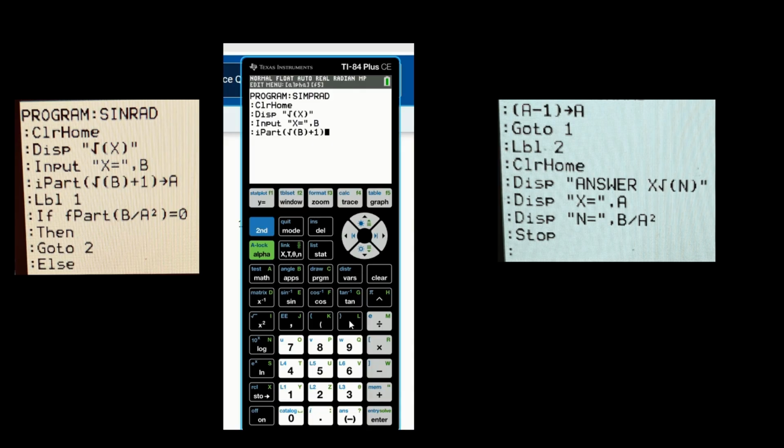And then we will press the STO, to produce this arrow right. And then we are gonna write the alpha A. Okay, after that, we are going to enter it.